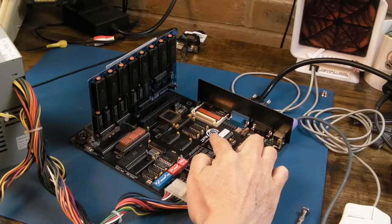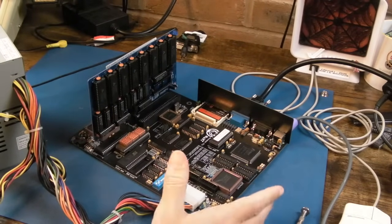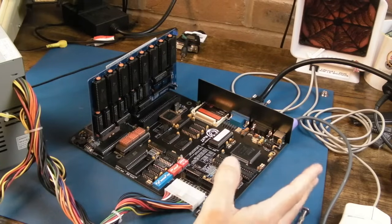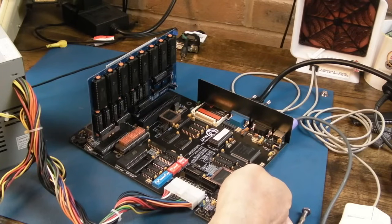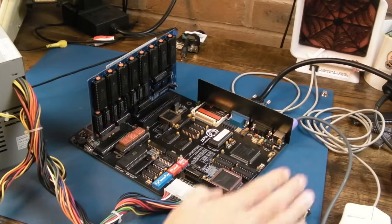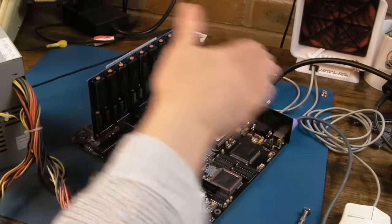So there's a new version of this. As I mentioned, William's got V2 and he's kindly said I can keep this, which is absolutely blooming amazing. So yeah, post in the comments down below, what do you think I should do with regards to a case? I think it's micro ATX, I'm sure it is micro ATX, this. So I want to get a really small case. Obviously it's got to be so high just to accommodate the cards there,